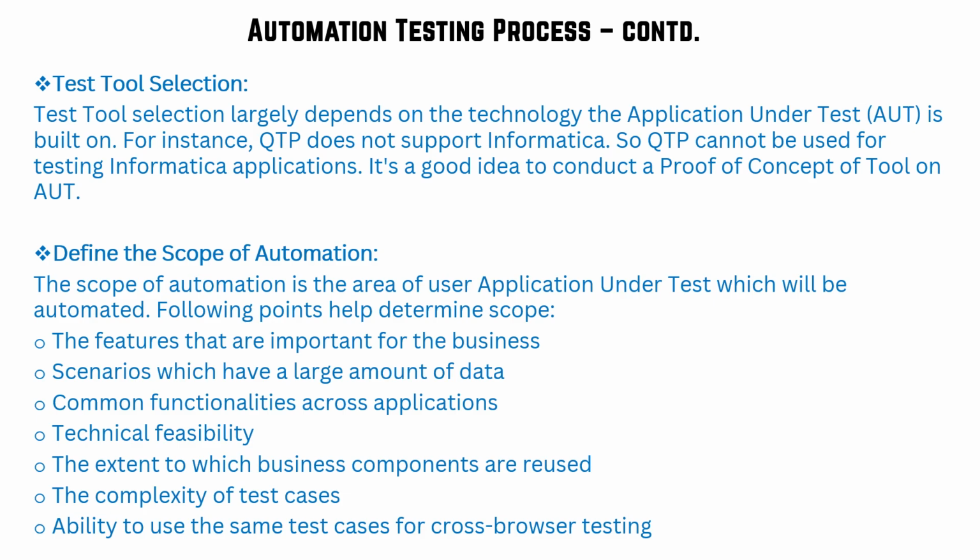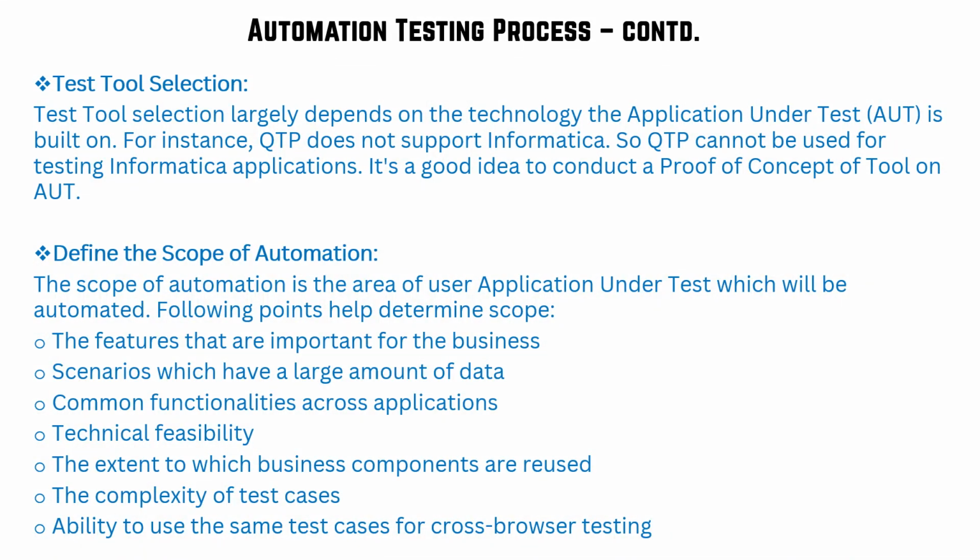So that is the way you need to first do the tool selection. Then define the scope of automation. The scope of automation is the area of AUT, or application under test, which will be automated. There are a couple of points you need to remember